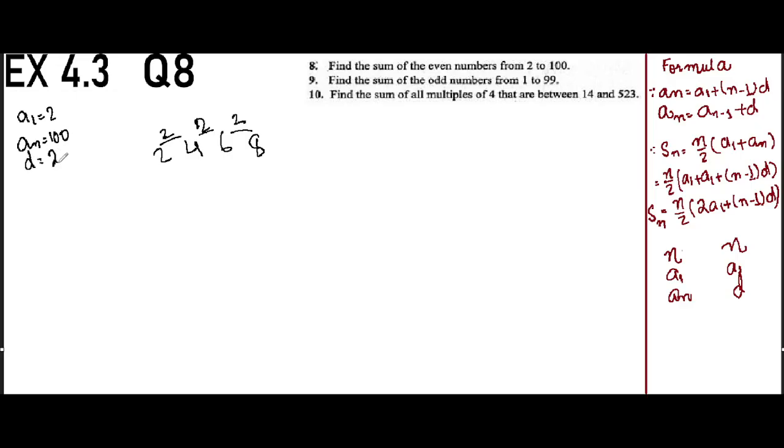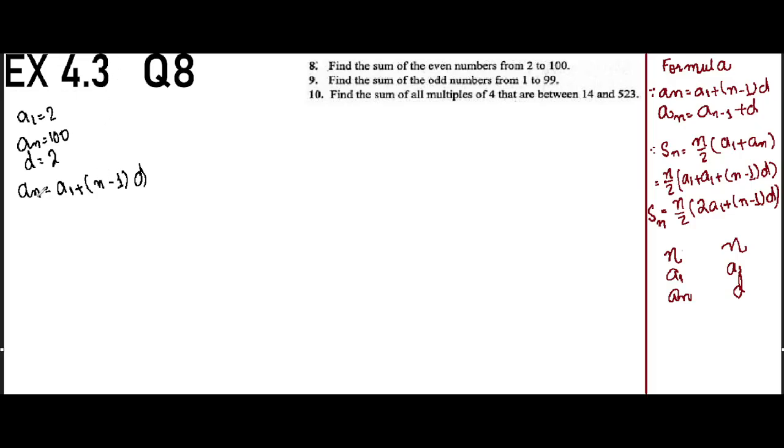We know the common difference, we know the first term, we know the last term. So we know that none of these formulas can be applied over here because we should know the value of n. Without the value of n, we cannot use any of the formulas of these sums. So we need to find the value of n. How can we do that? We can do that by using the formula of an is equals to a1 plus n minus 1 into d. Now in this formula we need an, we have an, we need a1, we have a1, we need d, we have d, and we can find n.